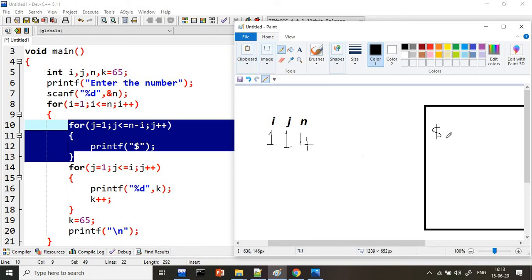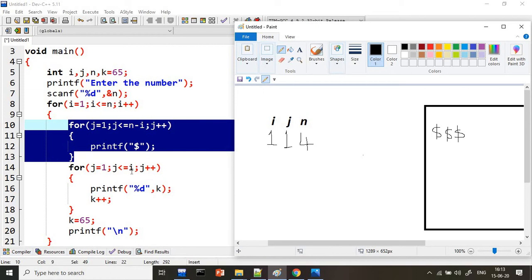Second time j value will become 2, and third time again j value will be 3, so third time dollar will come. Why? Because n minus i is 3, so that's why this condition is executing 3 times, guys. Then after that the j value will become 4, because when this condition is false it will come out. Again j value will become 1 only.